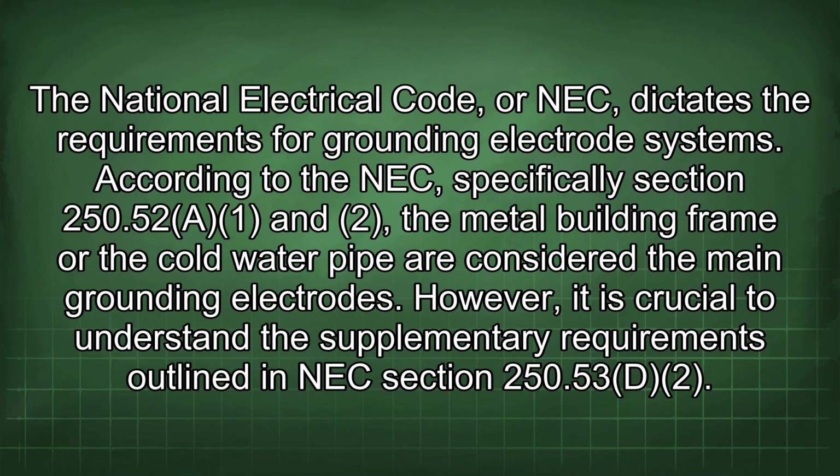The National Electrical Code, or NEC, dictates the requirements for grounding electrode systems. According to the NEC, specifically Section 250.52(A)(2), the metal building frame or the cold water pipe are considered the main grounding electrodes. However, it is crucial to understand the supplementary requirements outlined in NEC Section